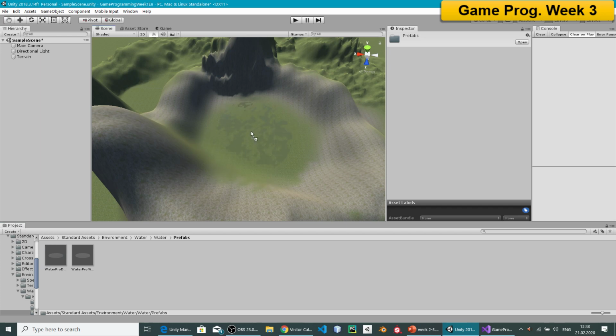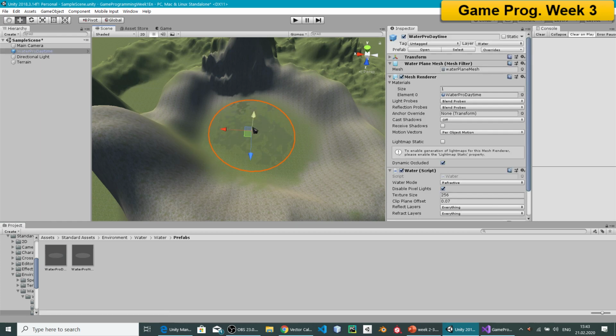So just drag and drop here, and then you can simply move it like this, then scale it a bit,